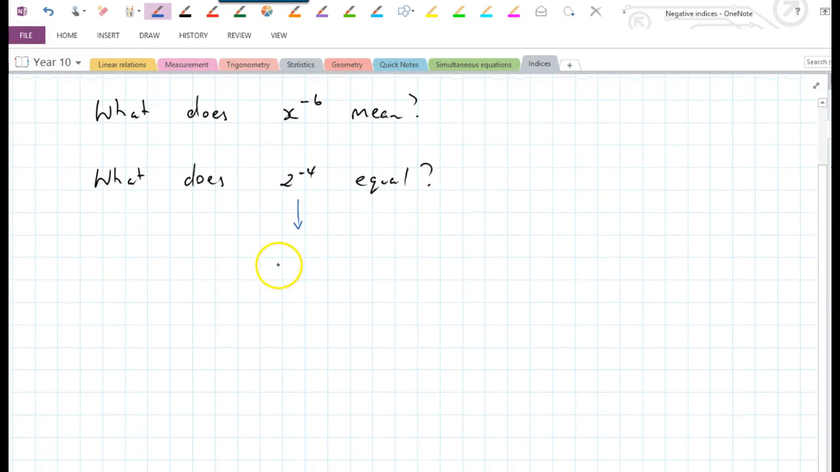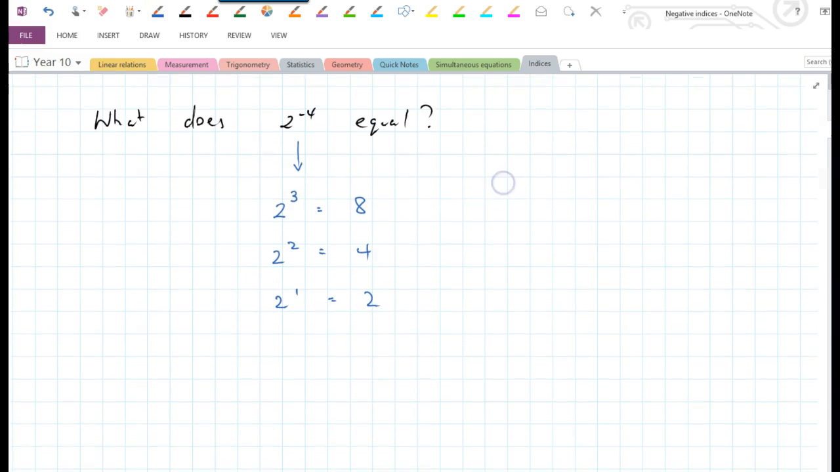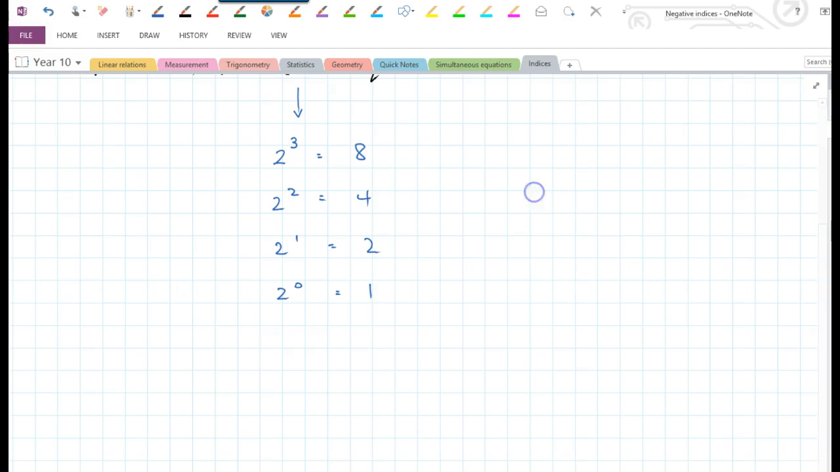So if we go, okay, can we start with 2 cubed? 2 times 2 times 2. We know that's 8. And then we can go to 2 squared. We know that's 4. And 2 to the power of 1, we know that's 2. But what we're doing here is going from 8 to 4 to 2. We're halving, aren't we? We're dividing by 2. We know all this stuff,